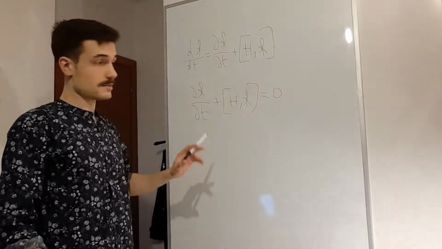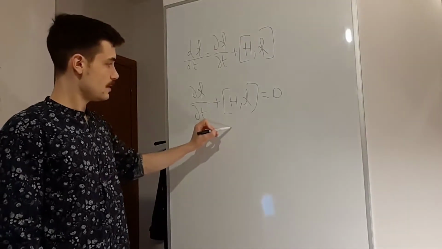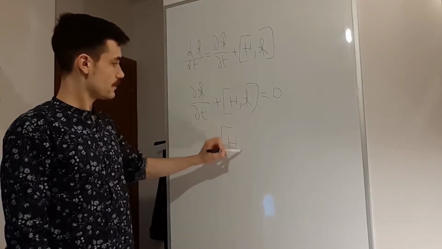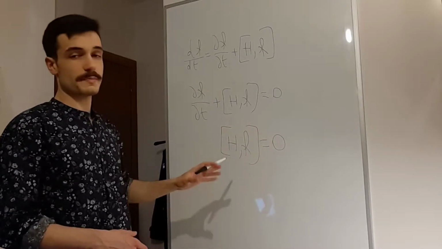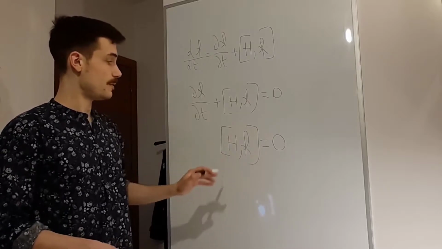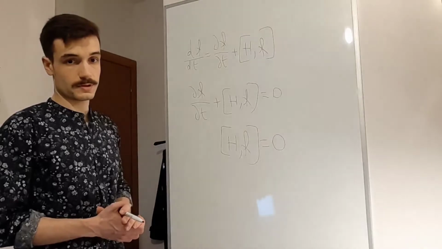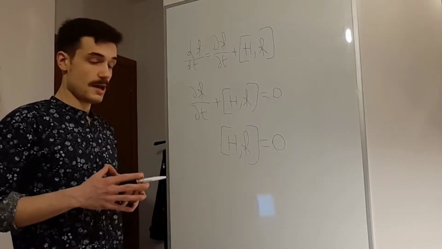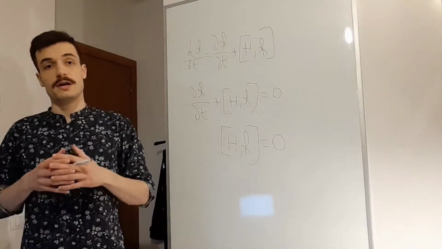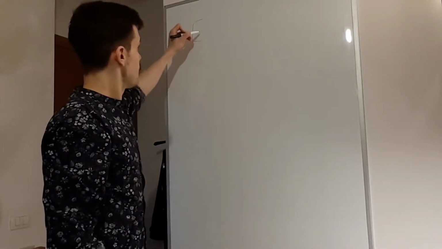But the interesting thing is that if the function doesn't have any explicit time dependence, this becomes simplified. The expression simplifies to: the Poisson bracket of the Hamiltonian and of the function must be 0. So this is a fast and easy way to understand if something is an integral of motion and to find integrals of motion. Some properties of the Poisson brackets are that